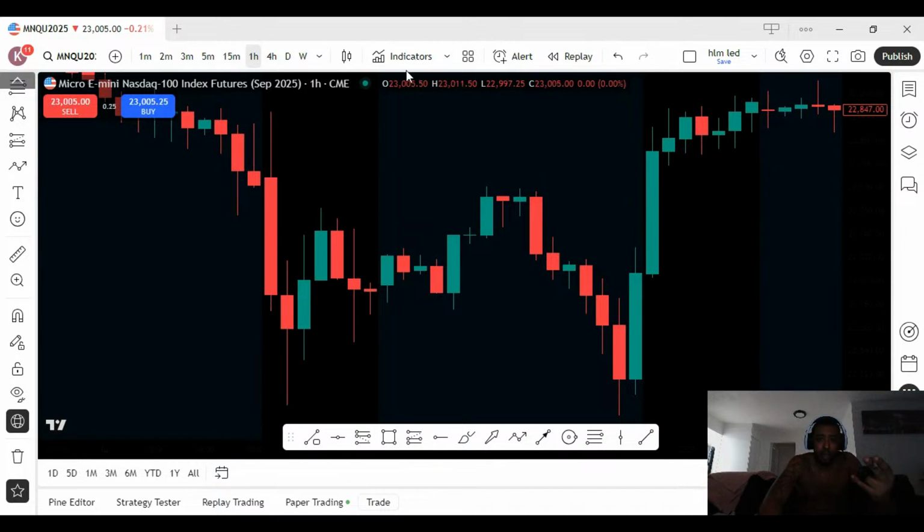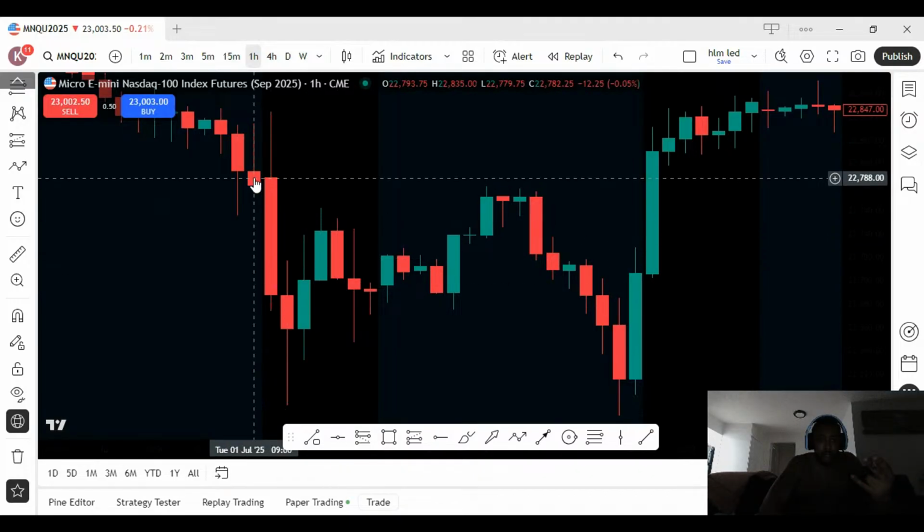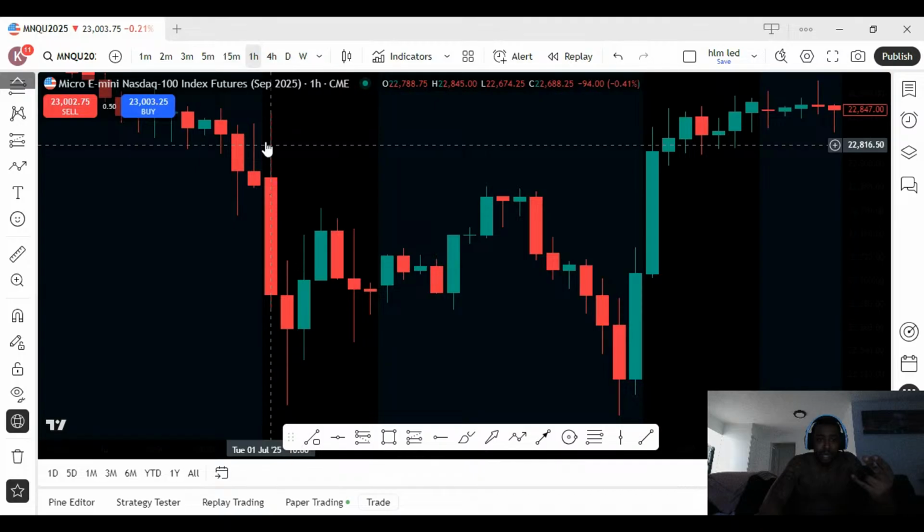If you look up right here, you see how it says O at the top, H, L, C. This is for open, high, low, close. So if you want to see where the open of any candlestick is, you see how every time I move the mouse, it changes? It's right here. This candlestick opened here at 22,788, and it went as high as